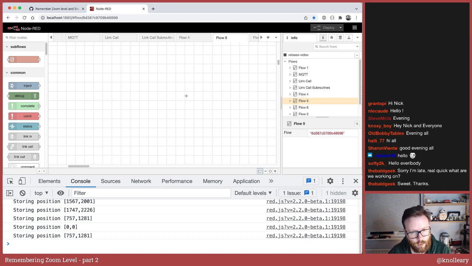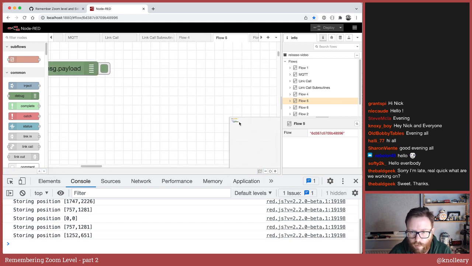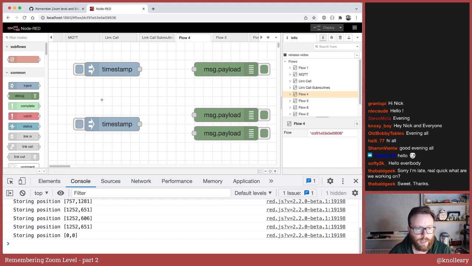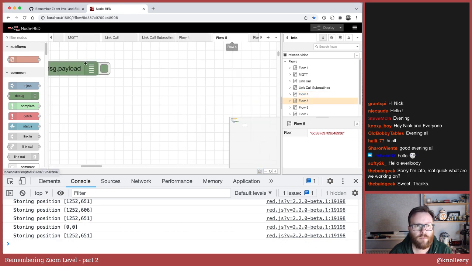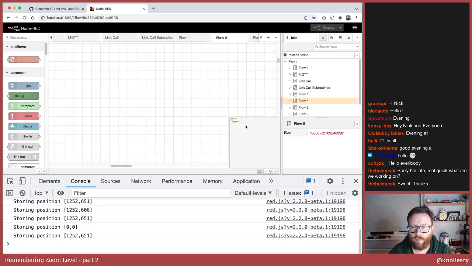That does get wiped when you reload. But you can see, if I put this somewhere where you can see a node, so look, debug up on that side there. When I go back to flow 4, I'm back up in the top left corner. Again, if I bring this up, you can just make out top left corner. When I go back to flow 5, it has put us back where we were.